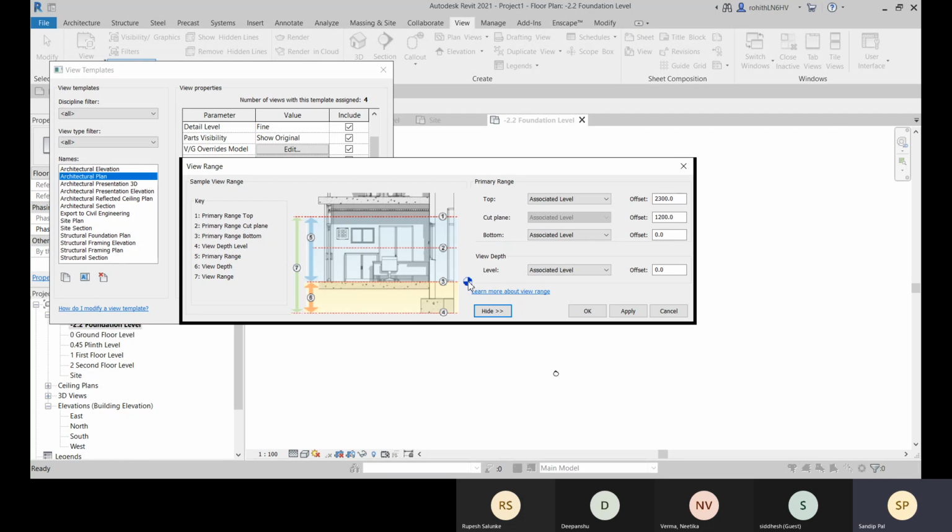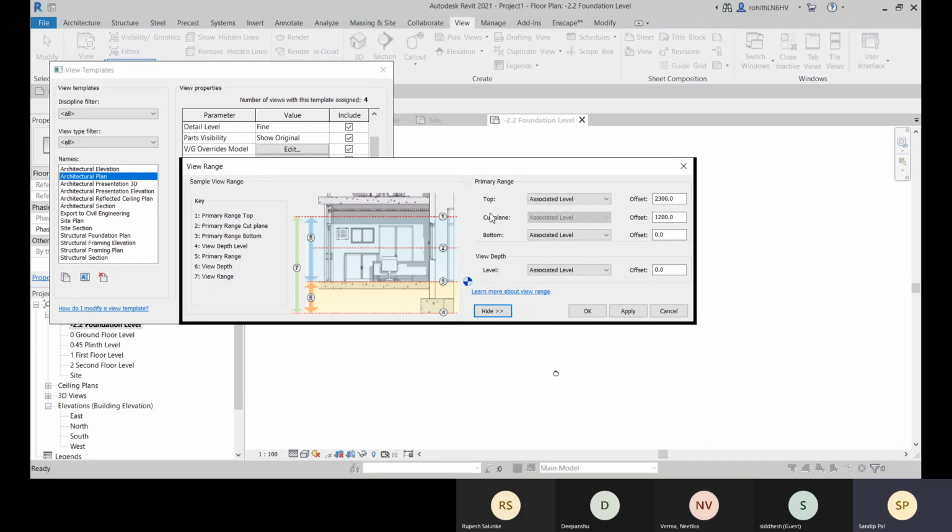So we will get that in a dim color or in some dotted lines. So that will be visible, but in faded color or some dotted lines, so that we can understand that this is set under that level or below that level. So that is the view depth.